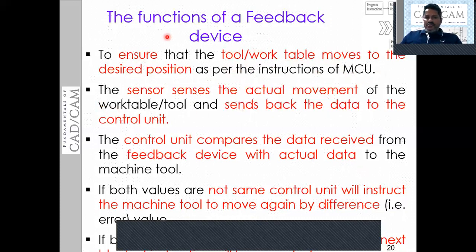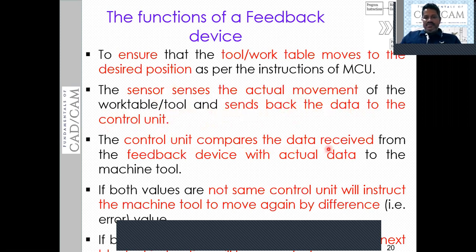Then the other functionality of the feedback device is that it must be able to sense the actual movement of the work table or the tool and send back the data to the control unit. It must sense the actual movement or location of the work table or the tool, and that data will be sent back to the control unit.